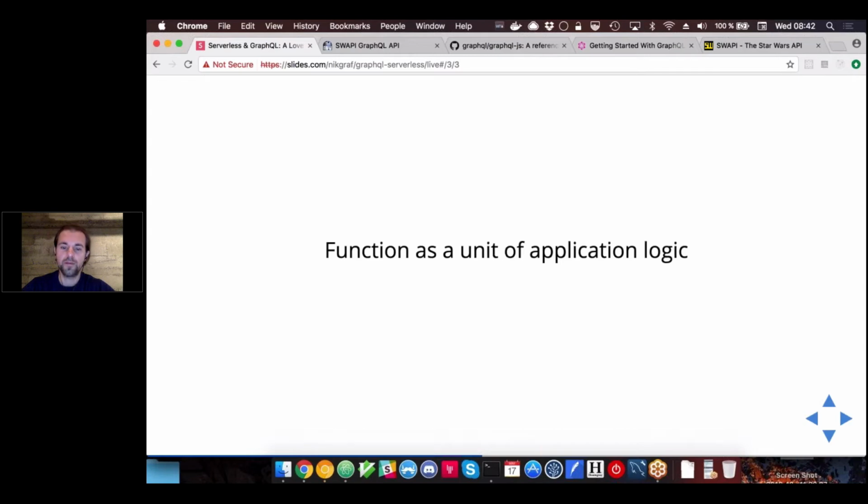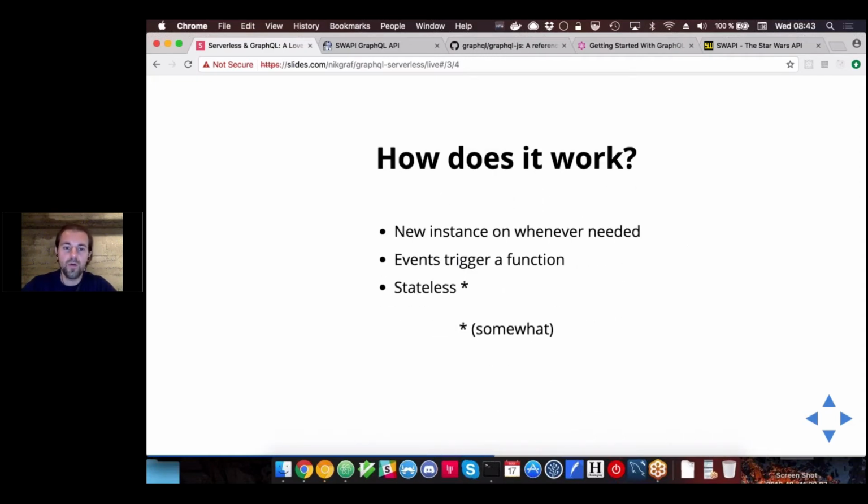So we don't break things down anymore into whole servers that do certain things, we have just single functions, and they do work. Basically you deploy code and these providers spin up instances whenever you need it. So if you have 0 requests, the function won't have an instance, but as soon as the first request comes in,